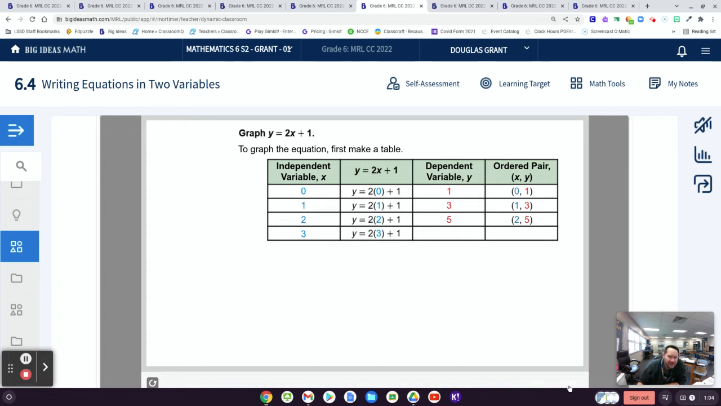So 2 times 3 is 6, plus 1 is 7. So when you plug in 3 for x, you get 7 for y. So that point is (3, 7). Once you have your ordered pairs, you then get a piece of graph paper, and then you put those points